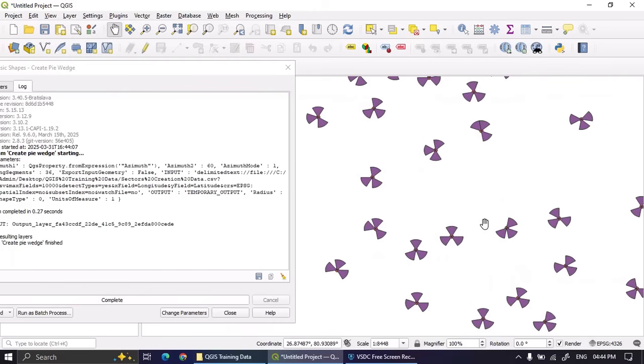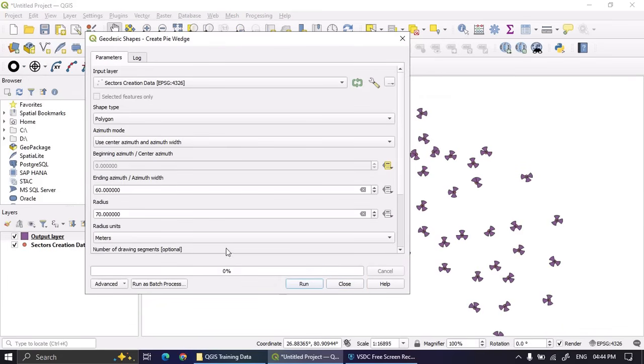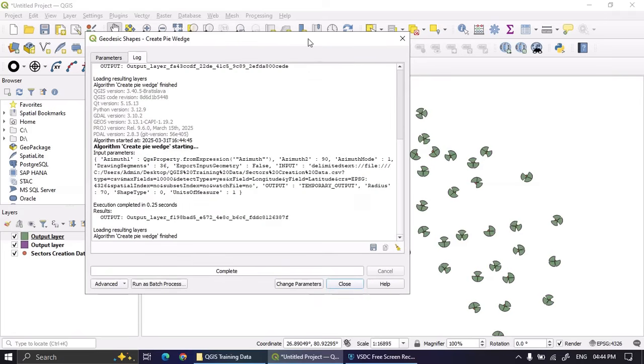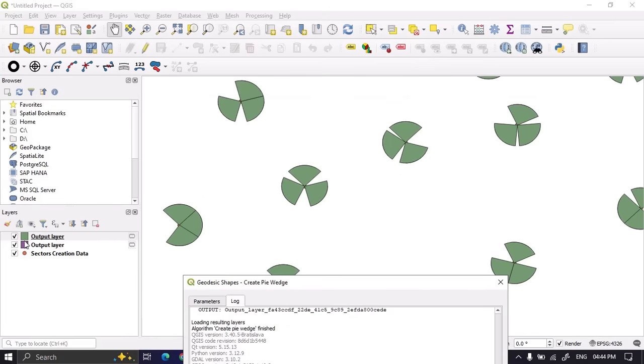So see, now the sectors are created on the MapInfo. If you are still not happy with the length or the width of the sectors, like you require the sectors to be very short or very long, then you can still change it. Again click on parameter, change parameter, like now I am going to change this 60 to 90. This option will change the width of the sectors. Going to run, see, now the width has already changed. This is my earlier data and this is my new data.